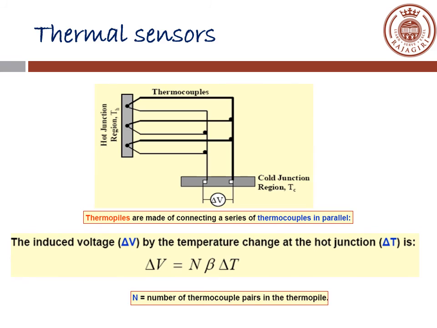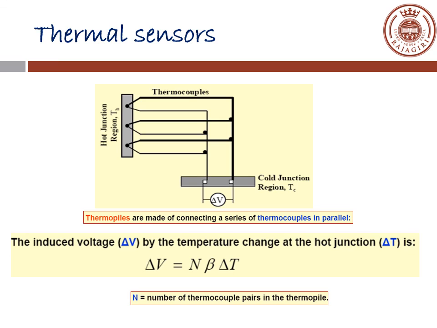If you want to have a reduced heat sensing or a small heat sensing device, it is better to go for thermopile. Okay, so you can see the arrangement. What you are going to do is that you are going to place the thermocouples in parallel. Okay, you are having a number of thermocouples which is being kept parallelly, and the voltage output is connected in series. Okay, similarly you are having the hot junction and the cold junction, and the voltage induced, you can see